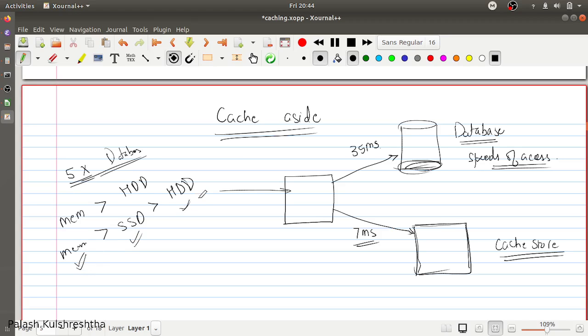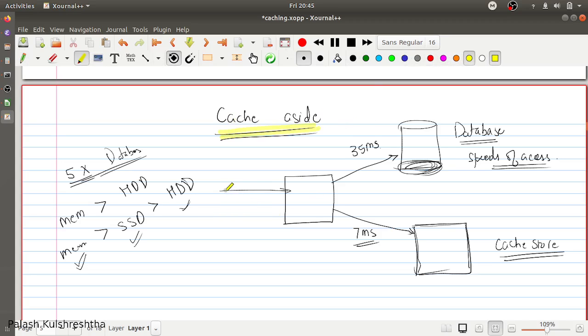So all the caching concepts are based around the fact that you try to read data from a faster medium while controlling the cost of having a smaller, faster medium. For example, caches are generally small. You're not keeping all your data in cache. If it is larger, you're not keeping all of the data. So considering this, let's see what happens in the cache aside pattern.